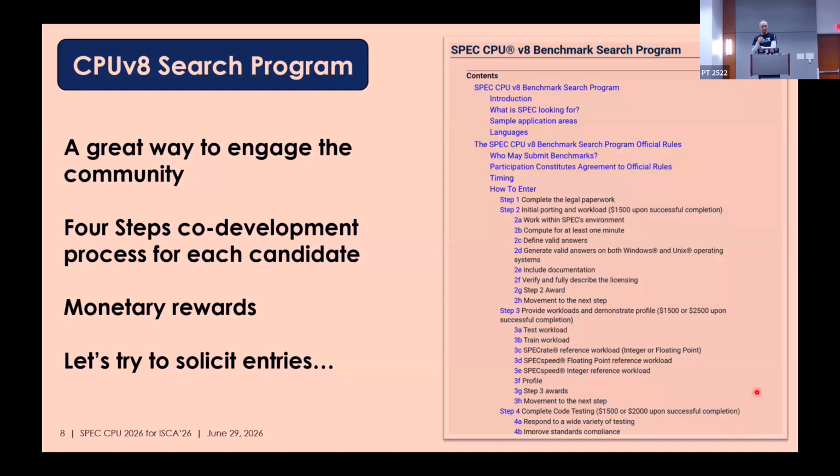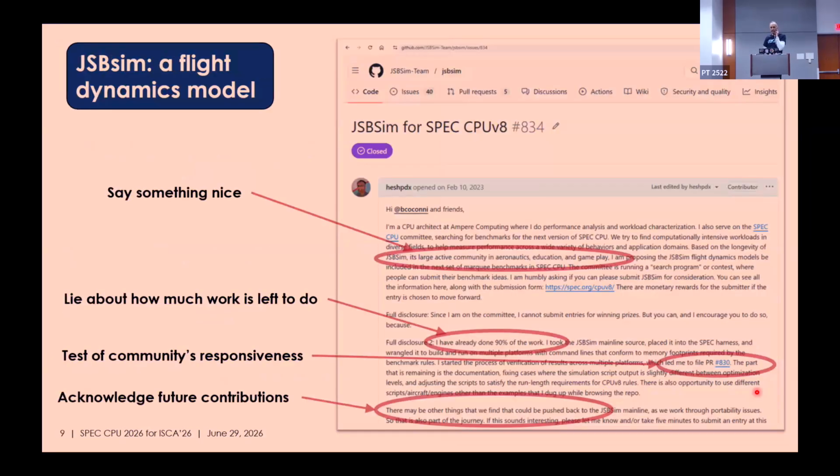And so what I want to share now is how we solicited entries from the GitHub community, GitLab community, open source. So one example is JSBSim. This is a flight dynamics model, and I have just pasted my approach on their community at their GitHub. So the things that you do, like you say something nice about their community and the longevity of work that you've done. JSBSim is actually a flight dynamics model used in NASA and Boeing flight simulators, and it's used in the Unreal Engine if you're a gamer.